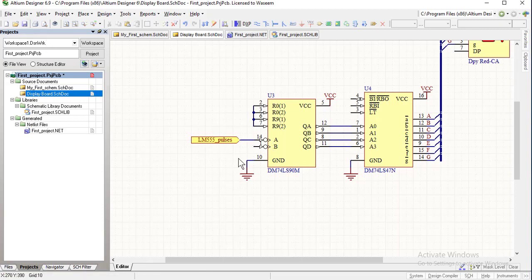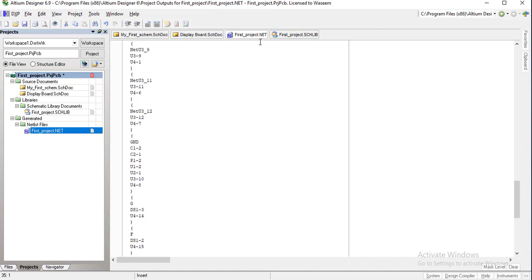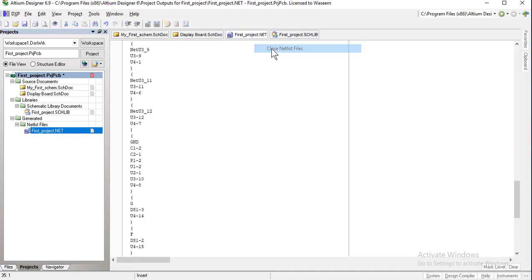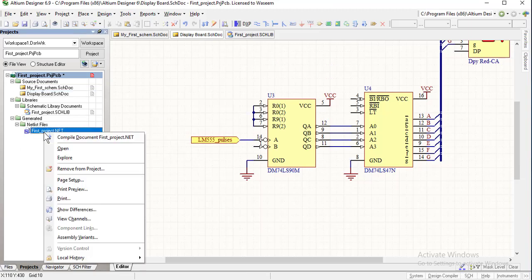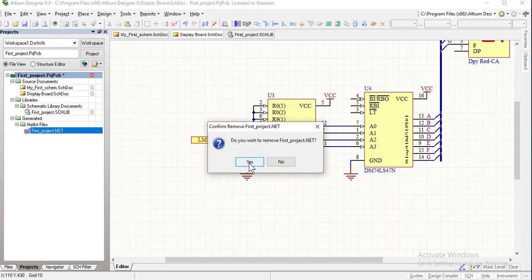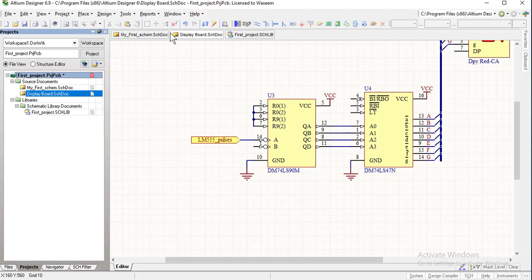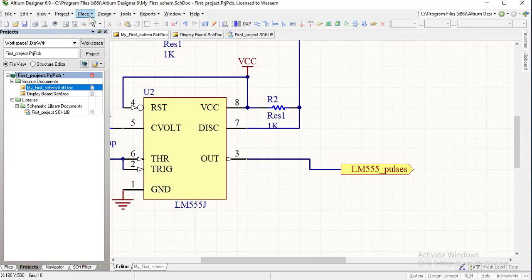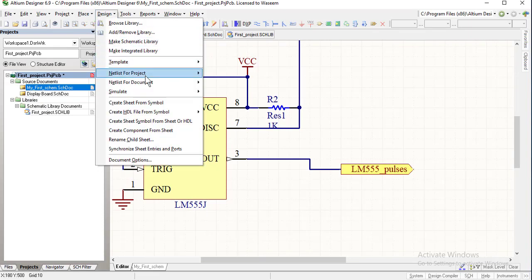We can verify this connection by creating the netlist again. First we go to this document. We can close the netlist files and remove them from the project. Now we create the netlist file again: Design, create netlist for project.